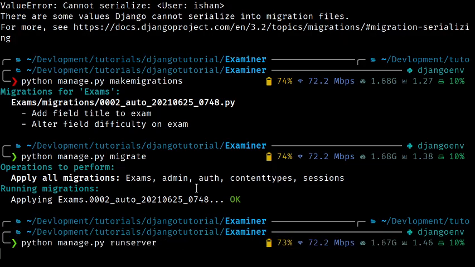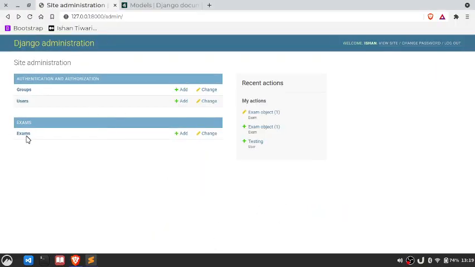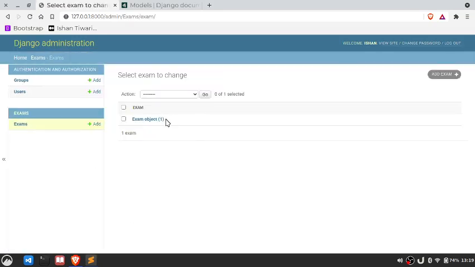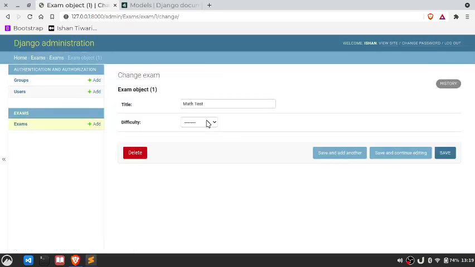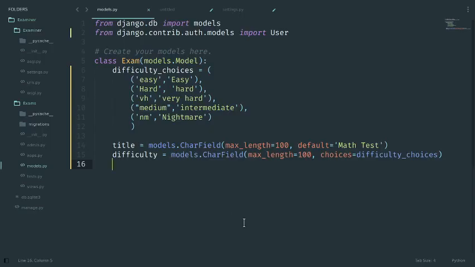Let's run it on the server and reload. We have exams, and we have exam object 1, and difficulty is hard. And now you can see that we have a drop down: easy, hard, very hard, intermediate, and nightmare. So nightmare is the difficulty. Save that. It's a math test, and